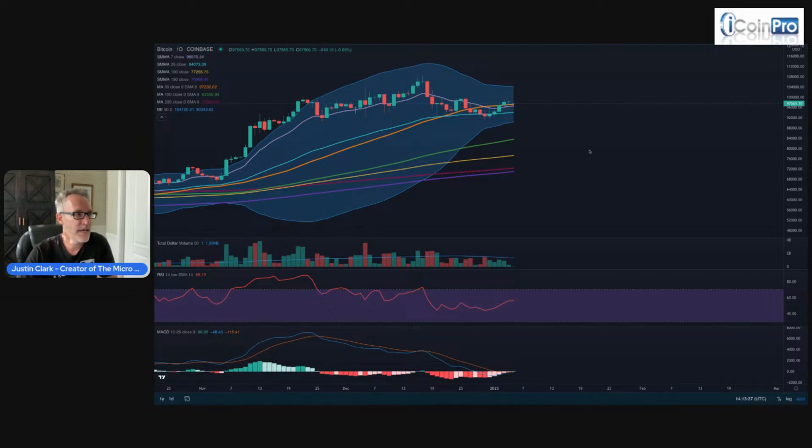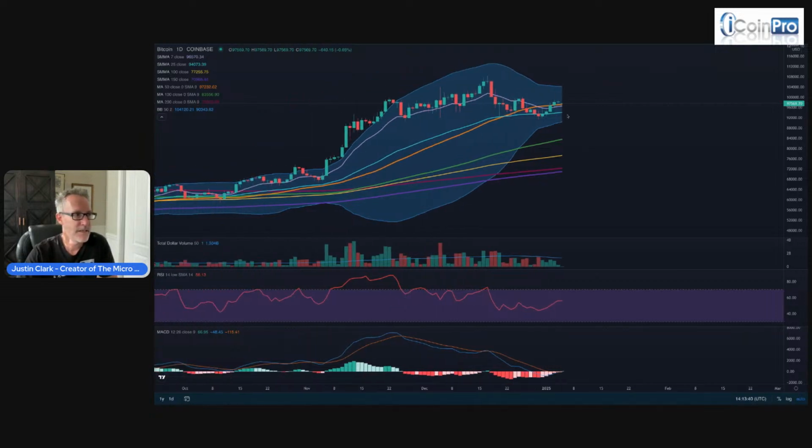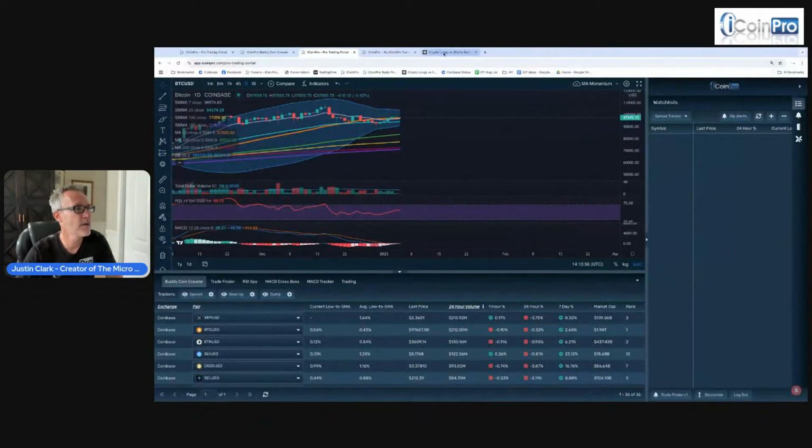So again, we just take it one day at a time, but definitely if we start putting pressure on this, some of the altcoins could really move down, I believe, because people start to get nervous about the market potentially going into a bearish cycle with this overall setup. All right, let's take a look at a couple other things here.